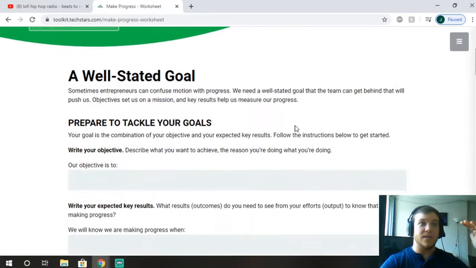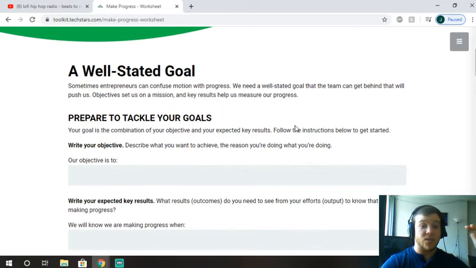So what you start with is, what is your objective? What is it that you want to do? But importantly, what is it that you want to achieve? It's not, I would like to write down 5 things. It's, why would you like to write down 5 things? Like, what is the outcome of that? I write down 5 things, I will more effectively do my shopping when I have a list, something like that.